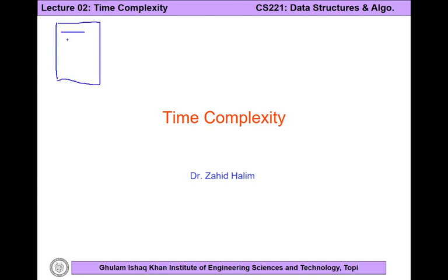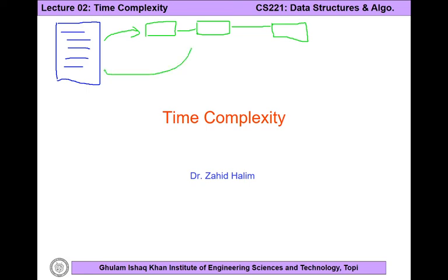And this piece of code utilizes a data structure. For example, it utilizes a linked list, right? And it utilizes basically a linked list maybe to store the data or retrieve the data and use it for multiple manipulations. So we'll be interested in the performance evaluation of both this code